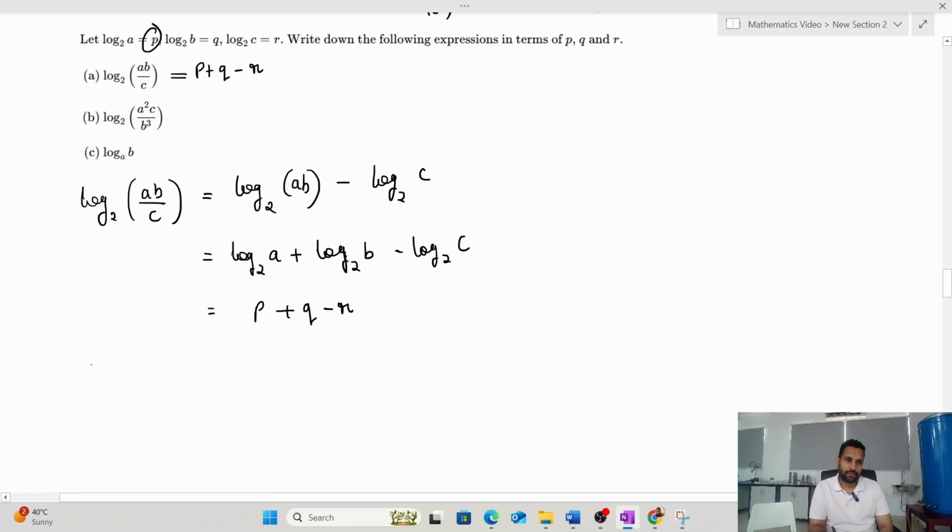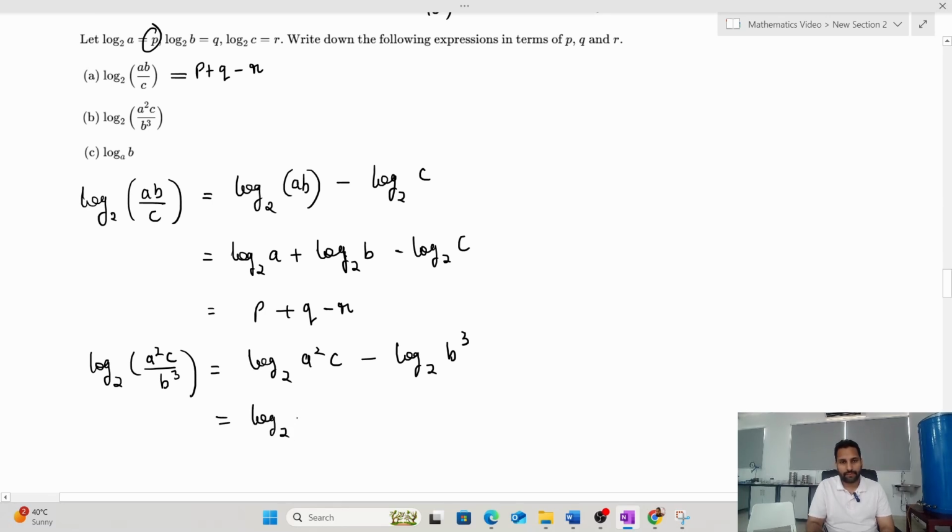Second question, log base 2 a square c by b cube. So this can be written as log base 2 a square c minus log base 2 b cube. So this can be written as log base 2 a square plus log base 2 c minus log base 2 b cube, which can be written as